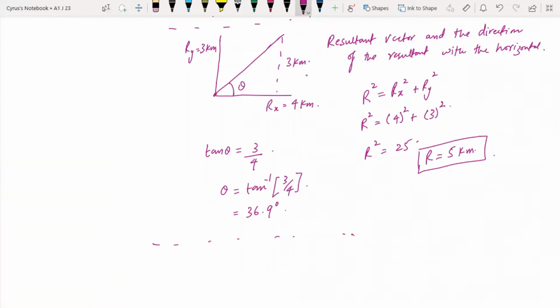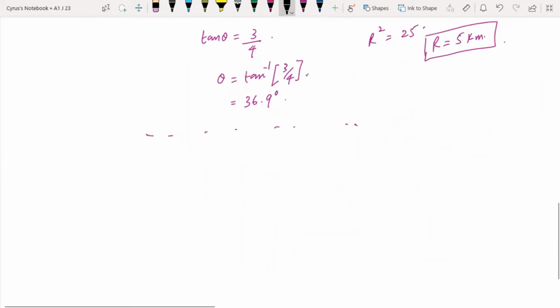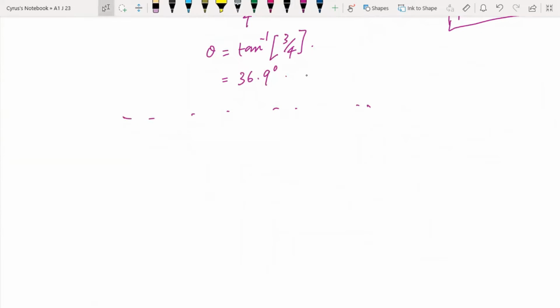So we have here another example. I have a vector here which is vector R, and I have here this angle alpha. ठीक है, मेरे पास यहाँ पे एंगल अल्फा है. ये मेरे पास इसका हॉरिजॉन्टल कंपोनेंट है Rx, और मेरे पास यहाँ पे वर्टिकल कंपोनेंट है Ry। तो आप लोग मुझे बताएं कि क्या इसके कंपोनेंट्स बनेंगे।